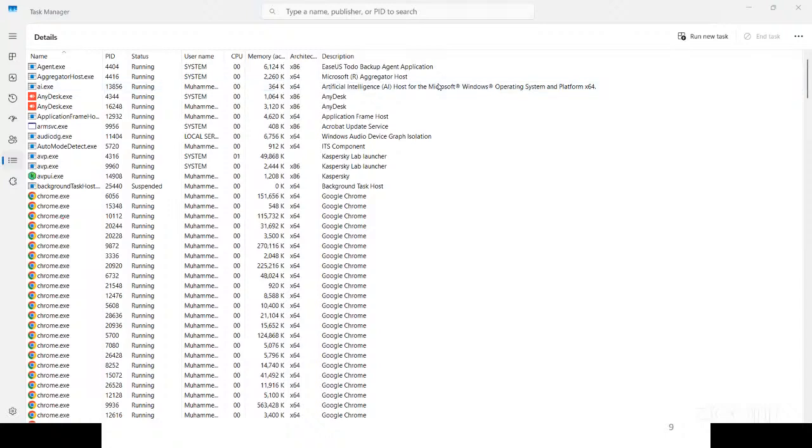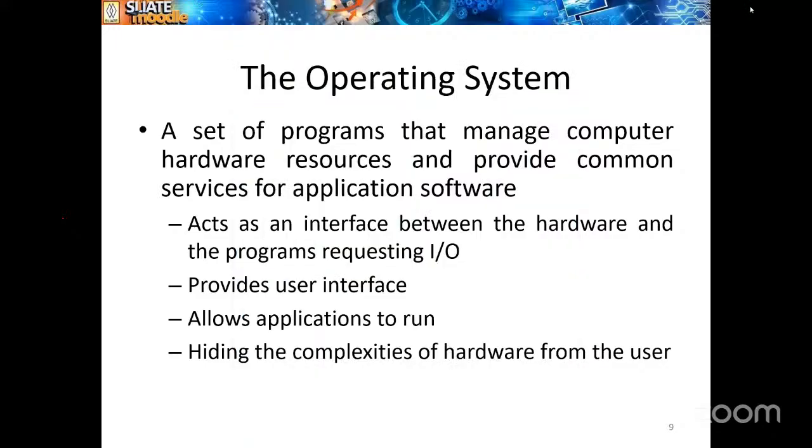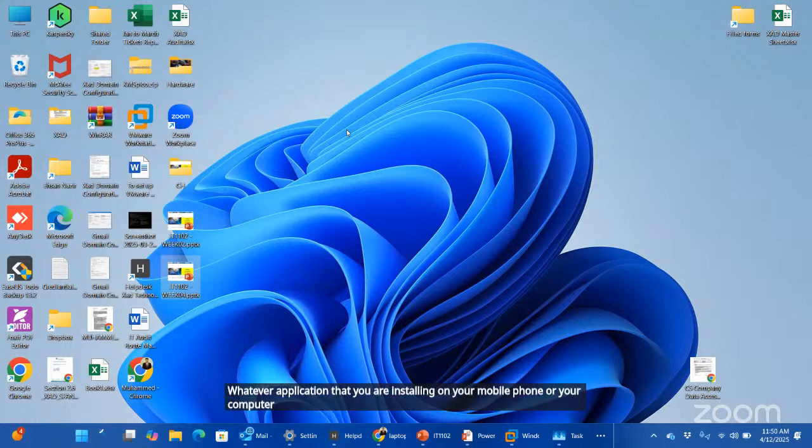For this, while we are installing the application, I'll show you. Whatever application you install on your mobile phone or your computer, it will be stored on your hardware devices. For example, I am using an application called Adobe Acrobat, which is for editing PDF files.